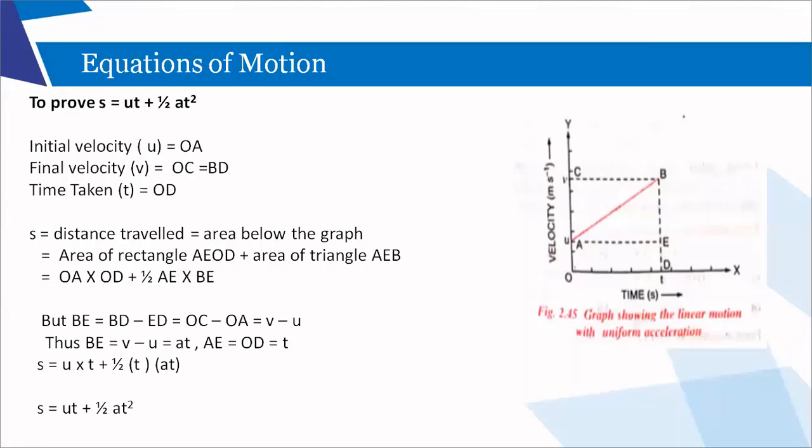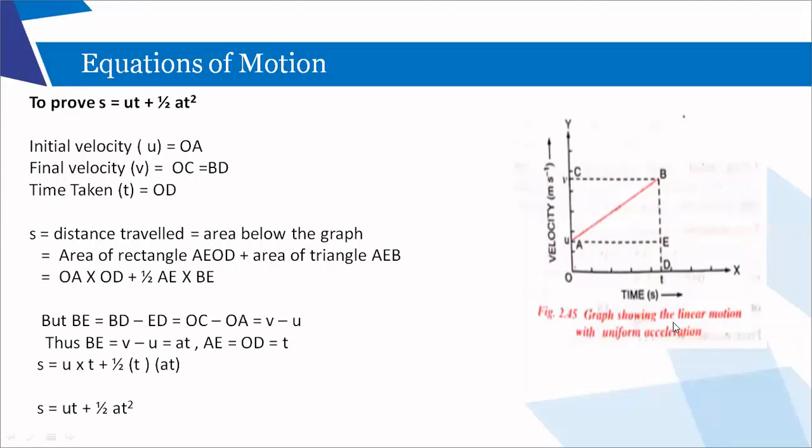It's a trapezium. Yeah, it is a trapezium also, Aditya. Yes, it is a trapezium. But remember, for the second equation, we are not going to find the area of the trapezium, because everything has a specified set of steps. When you have to prove the second equation of motion, you have to divide it into a triangle and a rectangle. Then only you will be able to prove the second equation.